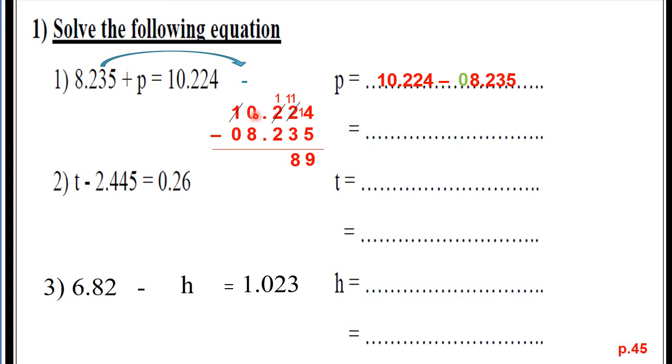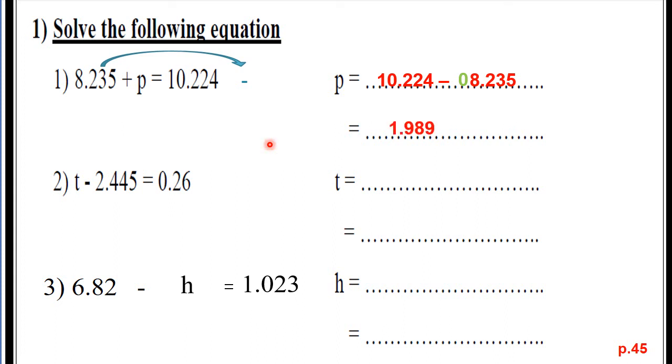We will borrow from 0. Uh-oh, we can't. So we will borrow from 1. The 1 will be 0 and the 0 will be 10. And now 1 will borrow from the 10. The 10 will be 9 and the 1 will be 11. Now 11 minus 2 equals 9. Put the decimal point. 9 minus 8 will be 1. And 0 minus 0, 0, which has no meaning. So the answer will be